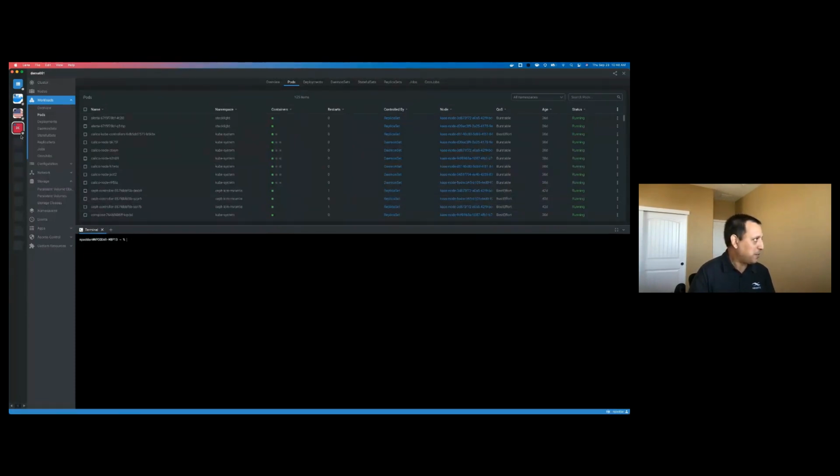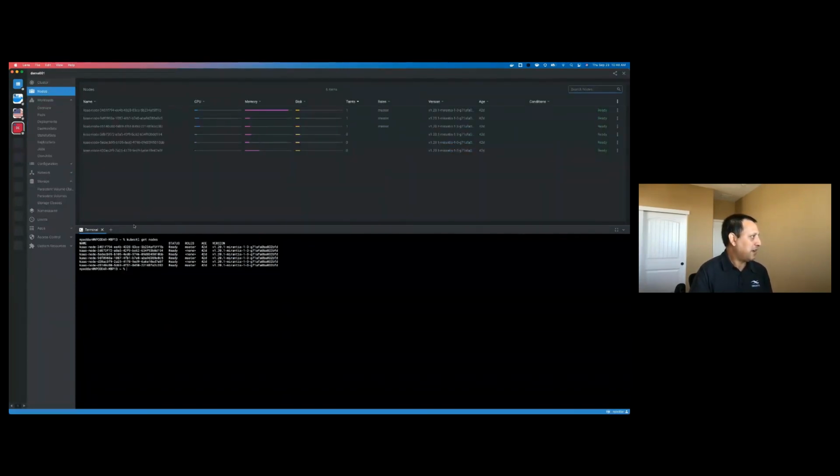So if I'm on this particular cluster, and if I don't like using the UI, and if I still want to be able to use my kubectl command, all I do, on the terminal window here, I can still use my kubectl command, kubectl get nodes, and you'll be able to see that the same information that I was able to get using my UI right here on the cluster, I'm also able to do that on Lens using the CLI as well,